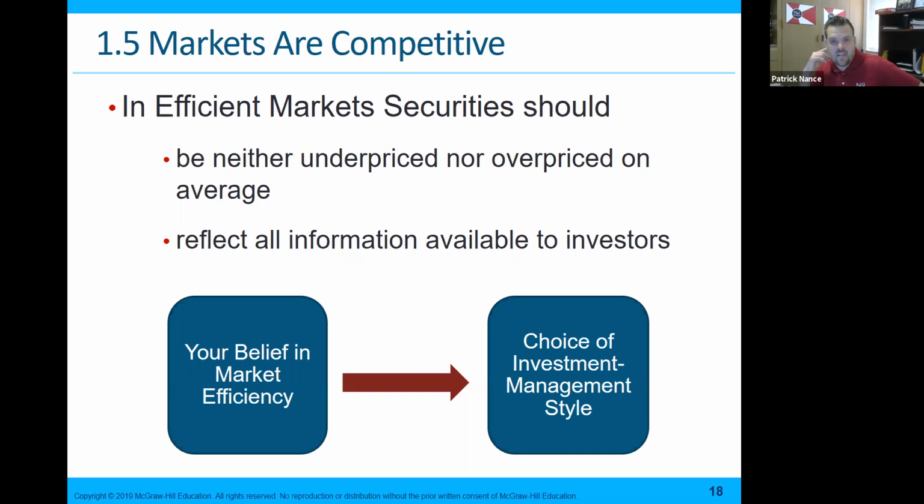So in addition, if we assume an efficient market, then securities should be neither underpriced nor overpriced on the average and reflect all information available to investors. So if you believe in the market efficiency, then you have your choice of investment management style. So if we assume that the price on a stock is correct and fair, then you can have a choice between two different types of management styles in your